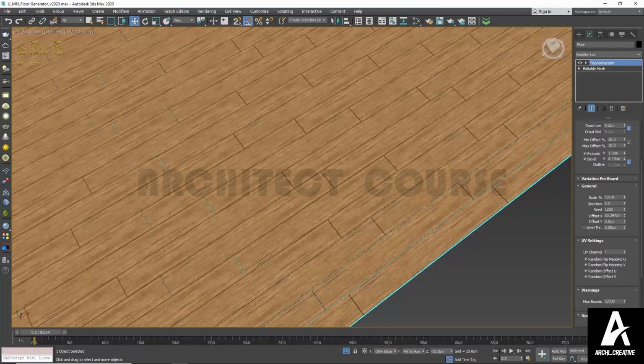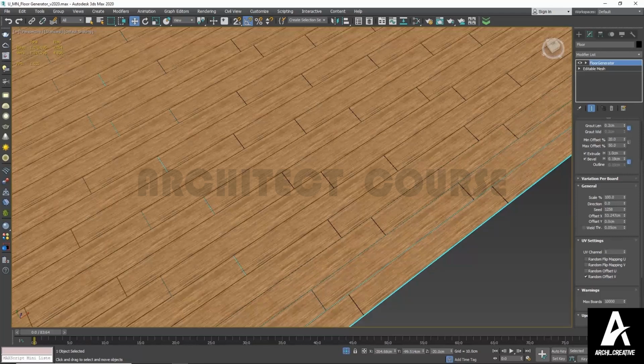this is set in the UV settings rollout I mentioned earlier. Here, all the fields are enabled. We have a random texture placement on each board. If we disable them, we can see that the texture is placed in exactly the same way